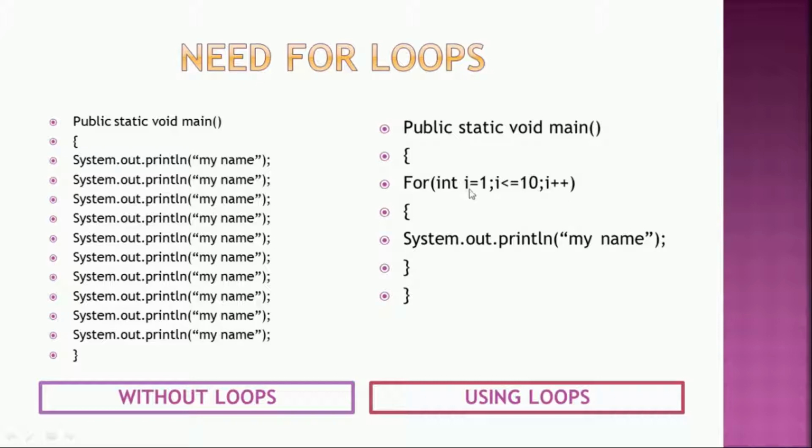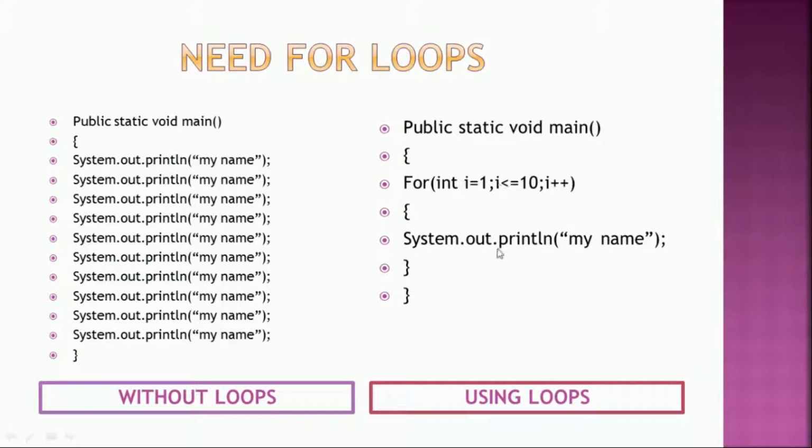If you check the code here: int i = 1, i <= 10, i++. Here the value of i gets initialized with 1. This part is called the initialization part, this part is called the condition part, and this part is called the increment or decrement part. Now here the value of i is 1, so 1 is less than 10, the condition is true, so it will enter inside the body of the loop, and the statement will be executed, that is, my name will be printed. Once it is executed, the control goes to the update part, that is increment or decrement. The value of this loop control variable gets updated, and then again it is checked: 2 is less than or equal to 10, again it will print. The value gets incremented to 3, now 3 is less than or equal to 10, condition true.